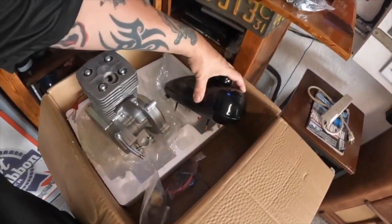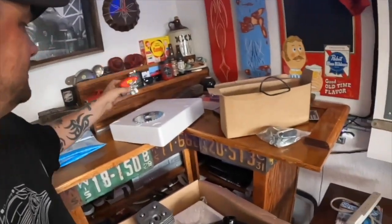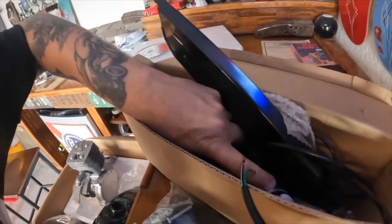This is a whole kit I found on Amazon for super cheap, really cheap. It was the cheapest one I found at $89. Engine, gas tank, carburetor, chain guard, throttle, grip, clutch, chain,